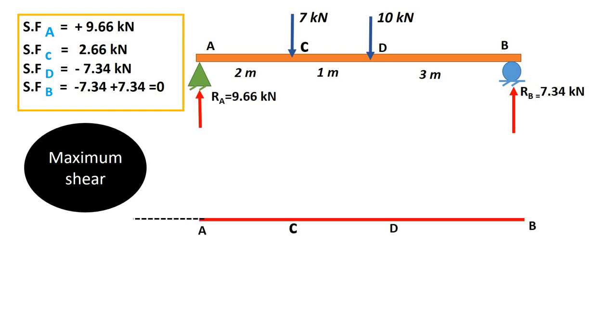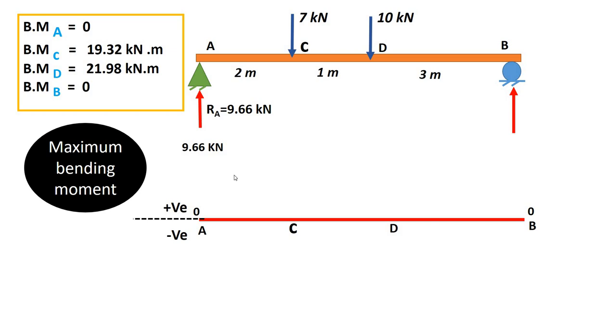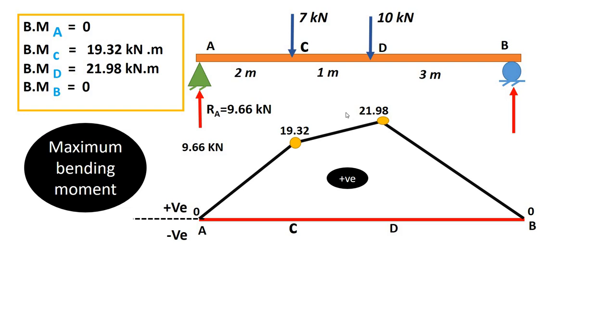In this case, what about the maximum shear? The maximum shear is 9.66 kilonewton. Positive shear is 9.66 kilonewton, right? For the same case, what about the maximum bending moment? The maximum bending moment is 21.98 kilonewton meter, right? So for maximum shear and maximum bending moment, we are designing our beam, right? Now,